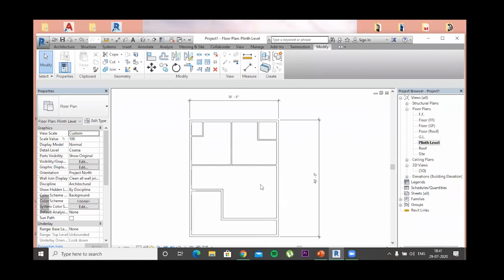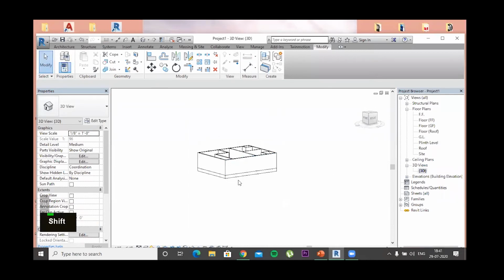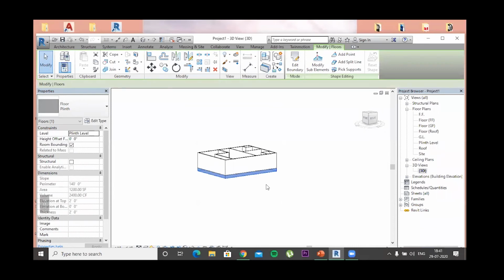How to create the base, that's what we have just done. This plinth level is technically our base only. This is our base, and then we will be creating different types of floors. How to attach the structural file to the architectural file in Revit, we will take care of that at the end of the sessions, how to export that. If any file supports Revit, whether it's structural, architectural or MEP, we can easily import it.